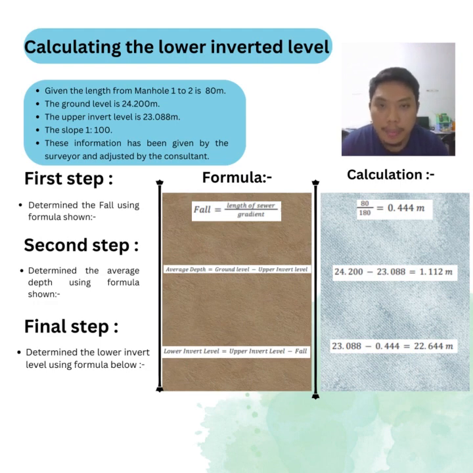For the first step, we need to determine the fall first. So the fall is equal to the length of sewer over gradient. We get 0.44 meter. Move to the second step to determine the average depth, which is equal to ground level minus upper invert level. We get 1.112 meter. And for the final step, we need to determine the lower invert level. So lower invert level is equal to upper invert level minus fall. We get